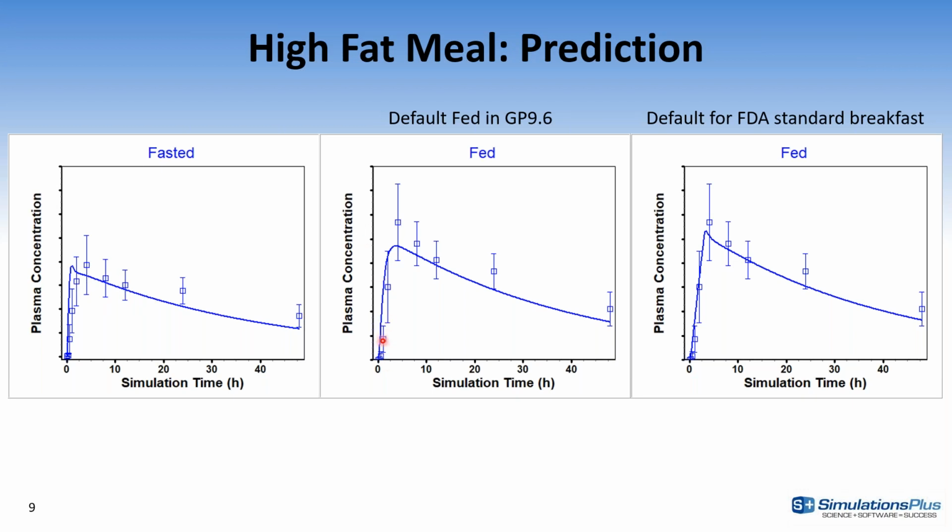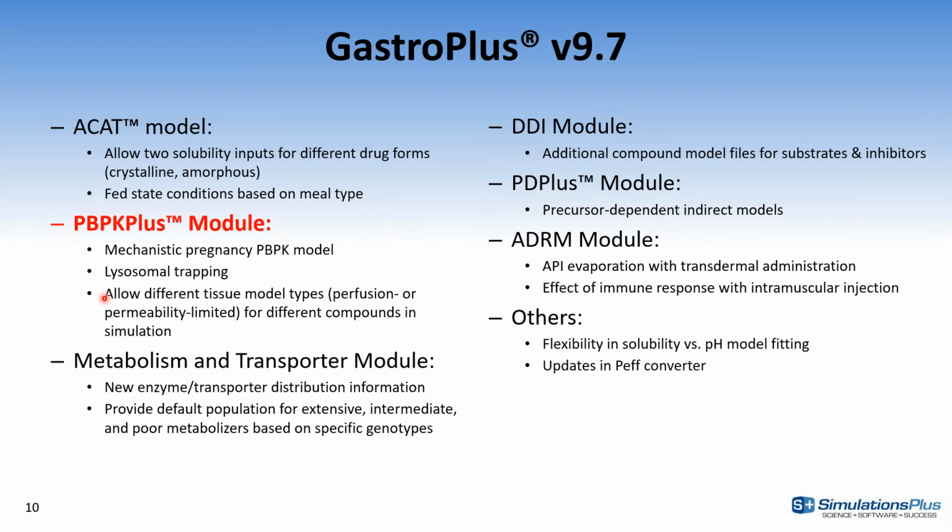When they administered the compound with the high-fat meal, the exposure increased a little bit, and you can see that with our previous standard fat physiology, we were slightly under predicting, especially around the Cmax. Now, when we select the default FDA standard breakfast with the zero-order gastric emptying, the model actually nicely captures and predicts the fat condition based on the model built for the fasted condition. So those are the main aspects, main modifications for the ICAD model for the intestinal physiology.